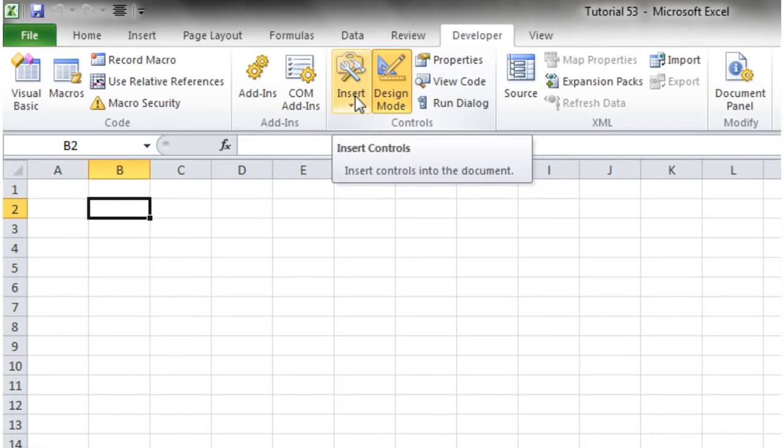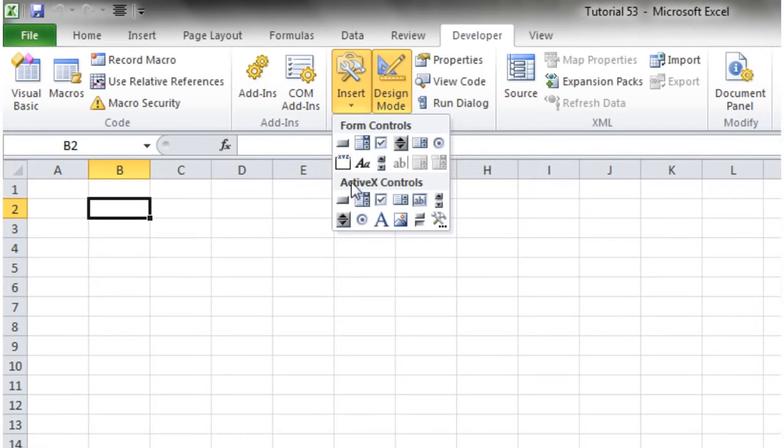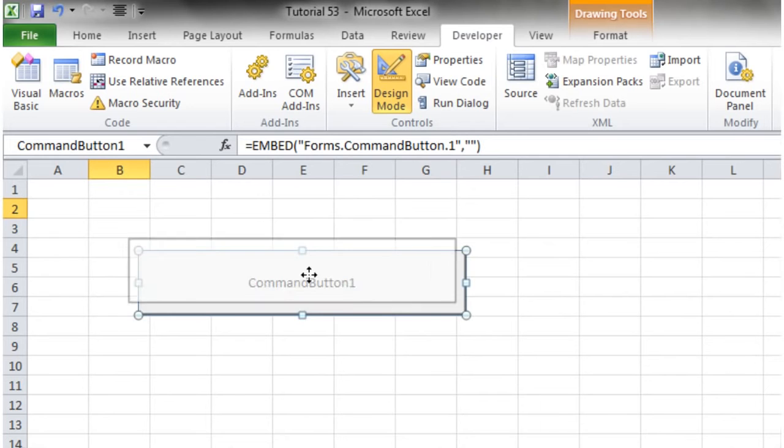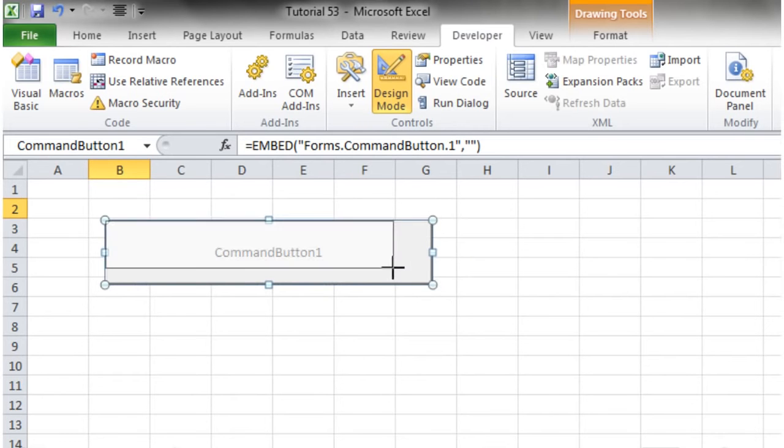The next thing you want to use is this insert symbol, and this is where all our ActiveX controls are. So if you go on this and then go down to ActiveX controls, and don't use the form controls, they're not that useful, just use the ActiveX ones. The first thing I'm going to do is I'm going to have a button, and we drop that in, and then we can shape it and resize it the same as if it was a text box,